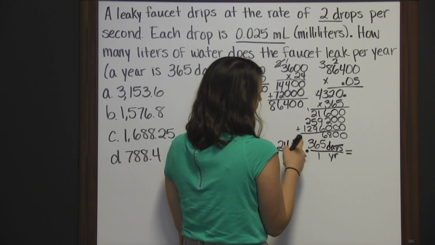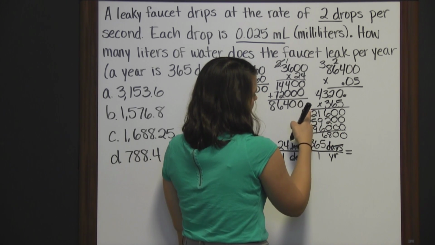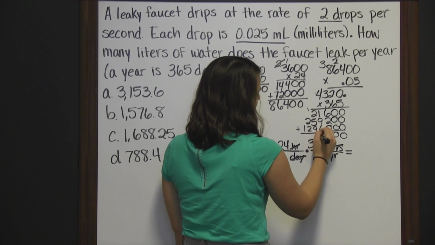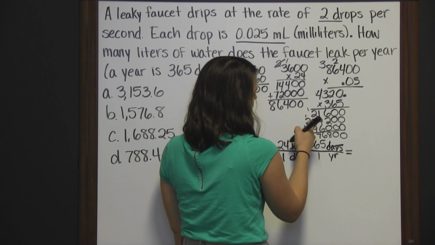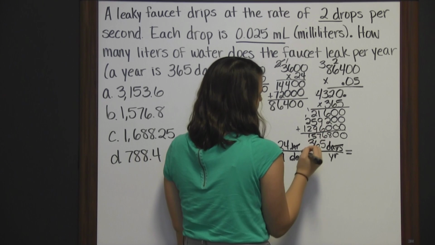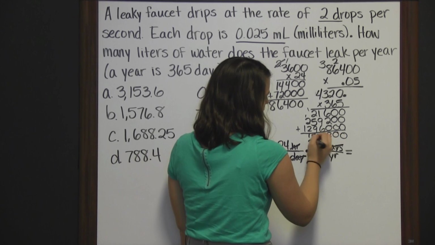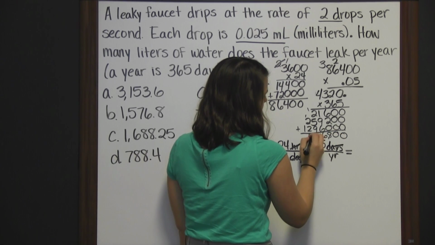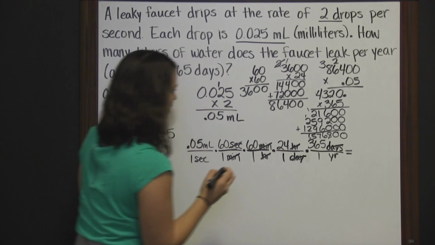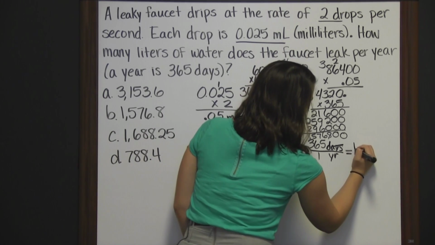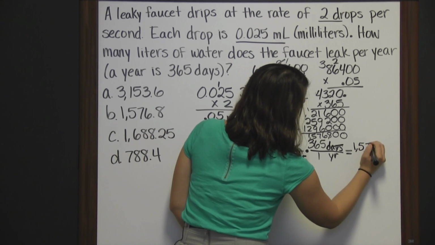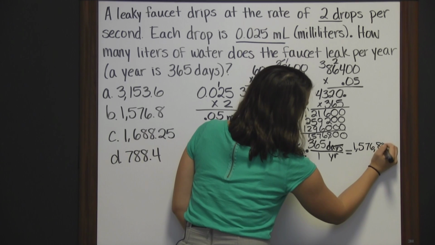Carry the 1. 9 plus 1 is 10, 15, 17. Carry the 1. 2, 4, 5. So we have 1, 2, 3, comma, 1, 2, 3, comma. So that is 1,576,800